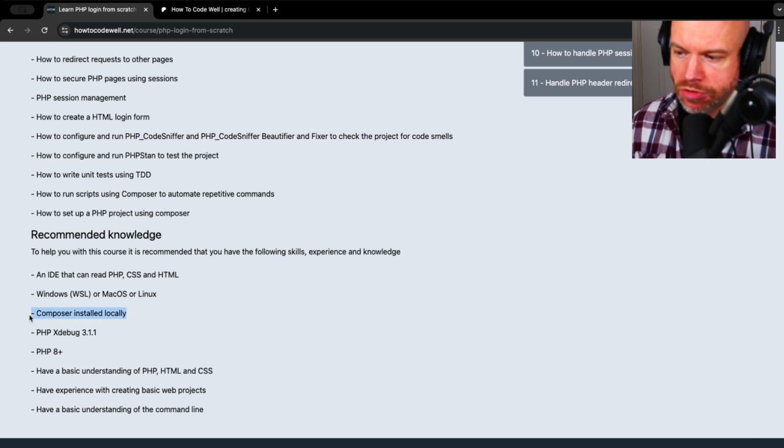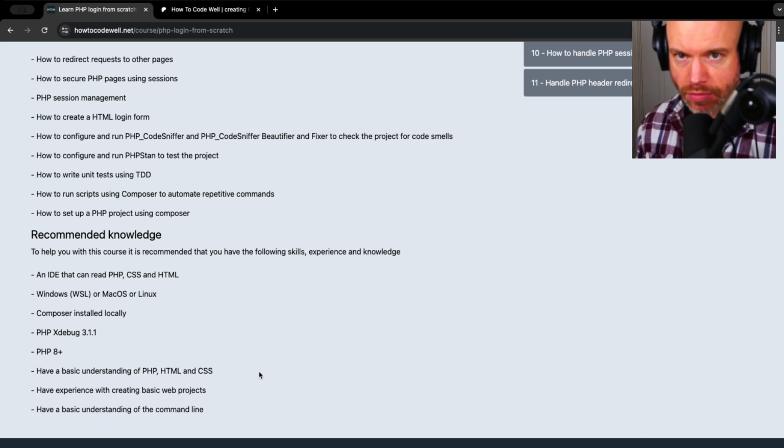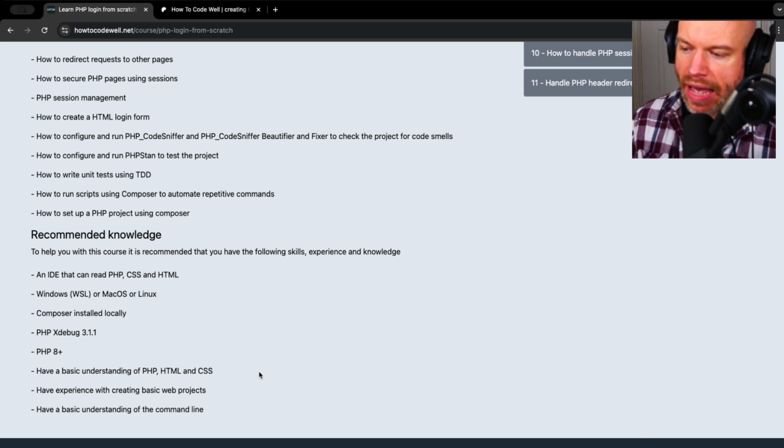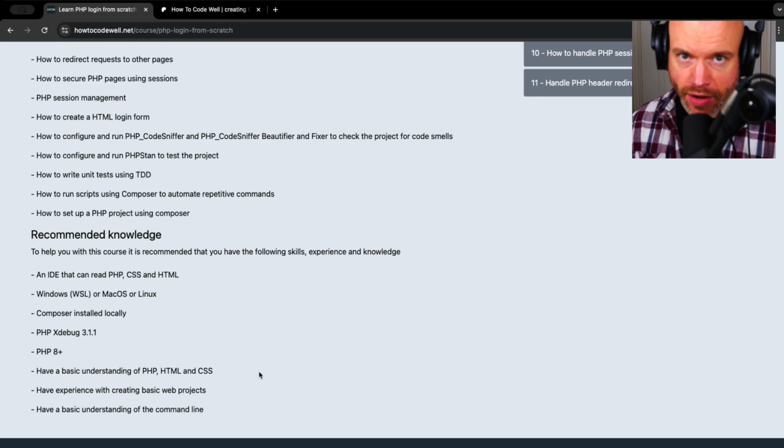Make sure that Composer is installed locally. Make sure that there's PHP Xdebug version 3 and 3.1 and higher. PHP 8 plus as well is needed, and have a basic understanding of PHP, HTML, and CSS. Have experience with creating basic web projects, although this goes into how to set those things up, and also a basic understanding of the command line, because we're obviously going to be running scripts on the